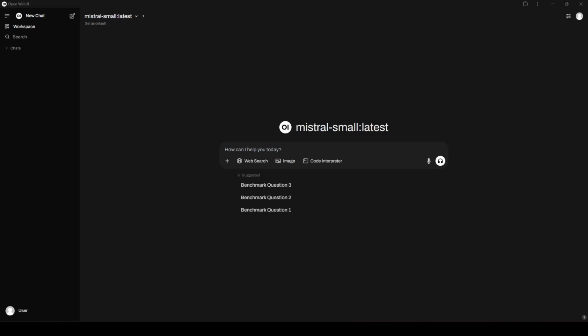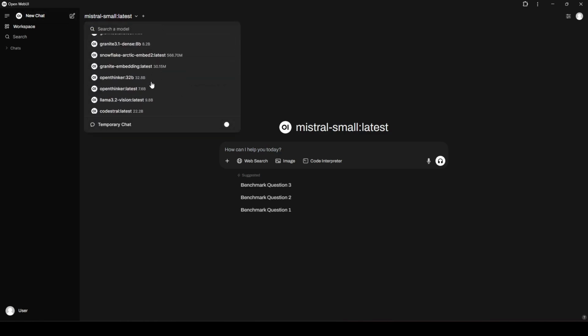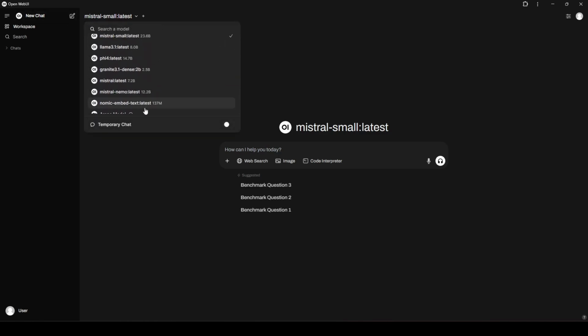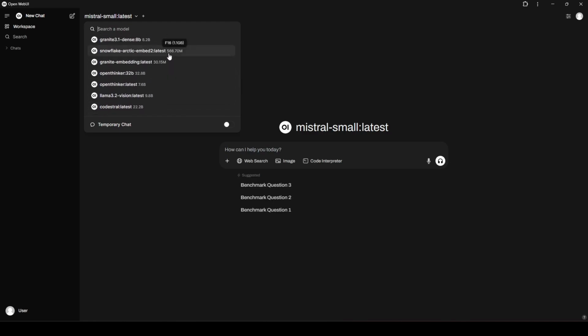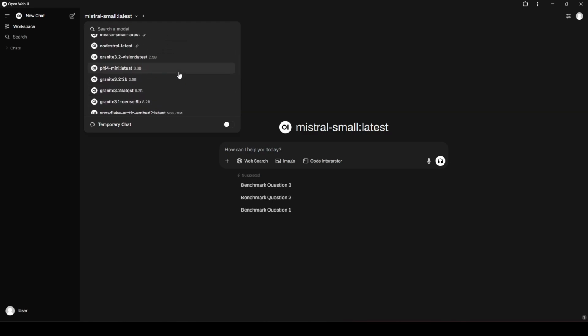In all openness, I use private AI or local AI models. As you can see in my list here, I have a bunch. I have a bunch of Mistral stuff, some Granite stuff, Phi, Olmo, a bunch of different models that are all locally here on my computer.